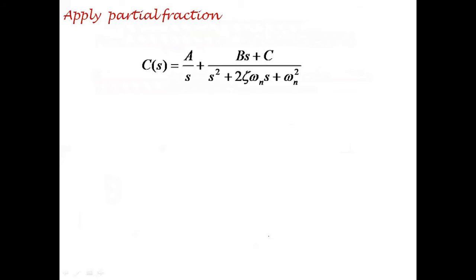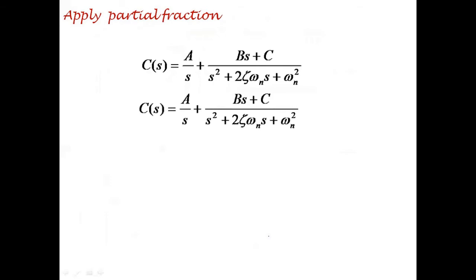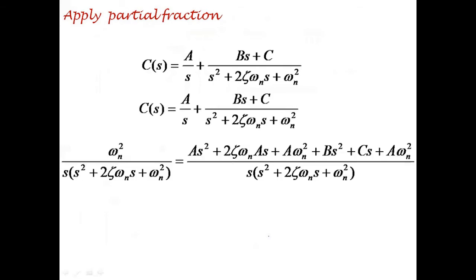So now applying partial fraction, C of s can be written as A by s plus (Bs plus C) divided by s square plus 2 zeta omega n s plus omega n square. So the first thing which I should do here is simplify this expression and equate the coefficients of s square, s and the constants, and I have to identify the values of A, B as well as C. So further simplifying this expression,